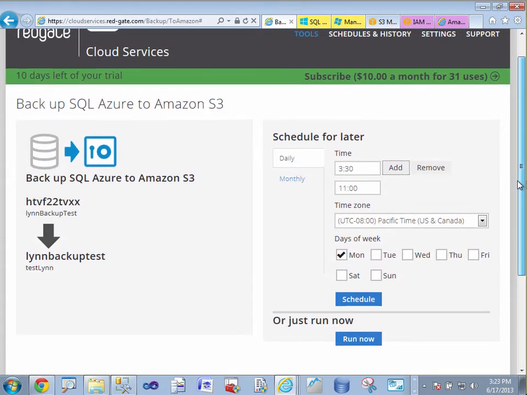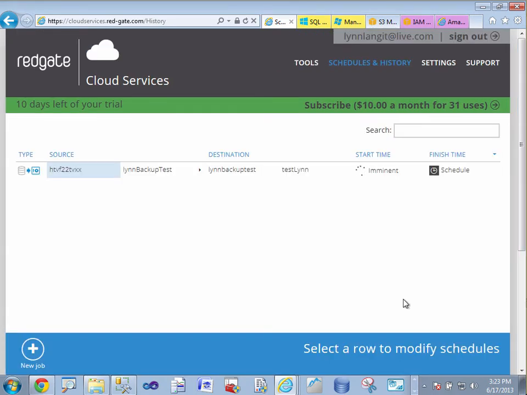And once I've set it to run, I'm also going to say run now to make sure that it works. You can see here the job has started, start time is imminent, and there's the finish schedule, and then I can put in a new job, much like using the SQL agent. So I'm going to go ahead and pause this, and then I'll come back and show you whether the job